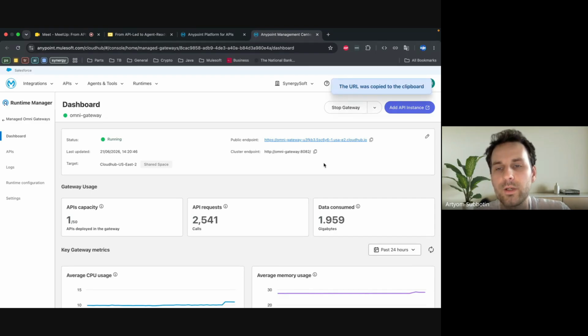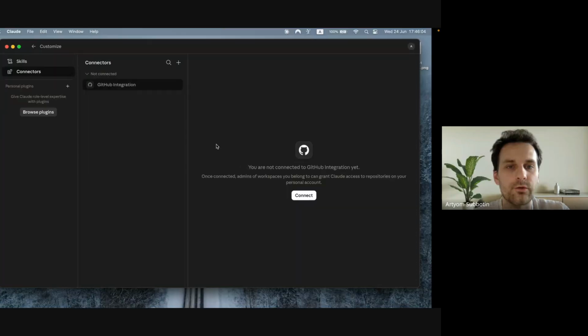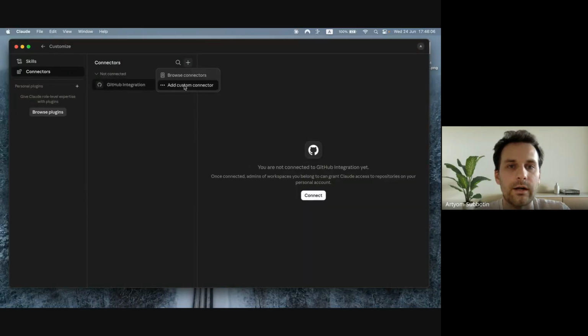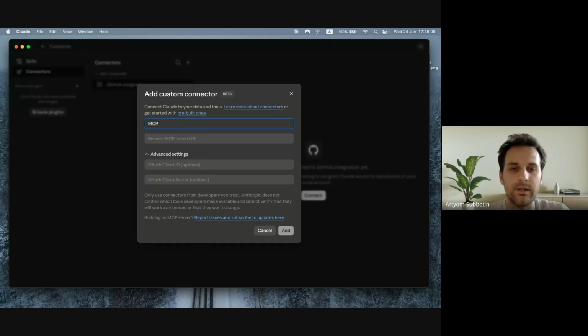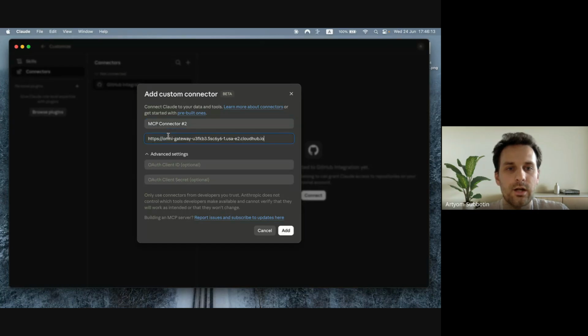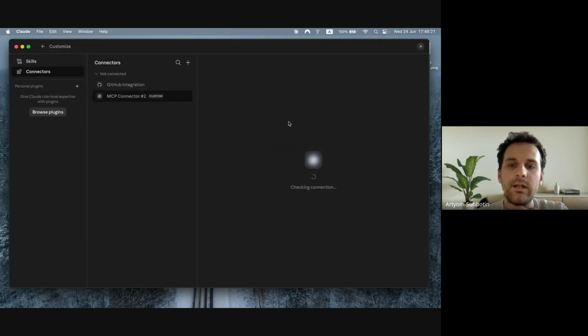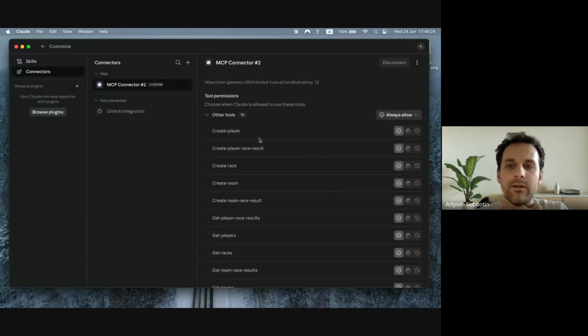What we need to do is copy this URL. We need again to add a custom connector. It will be the MCP connector, the second approach. And again, we need to add this path, like /mcp, add them, and see what will be the result.